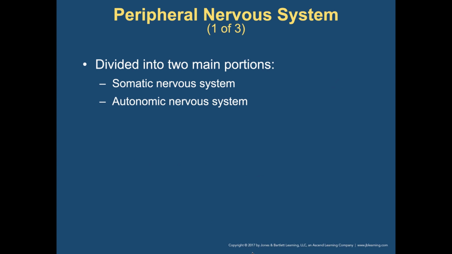All right. So your peripheral nervous system is divided into two. You have your somatic and your autonomic. Your autonomic nervous system is automatic. In other words, we don't really control it. So those are the nerves that control your heart, they control your lungs, smooth muscle like your intestines, all that